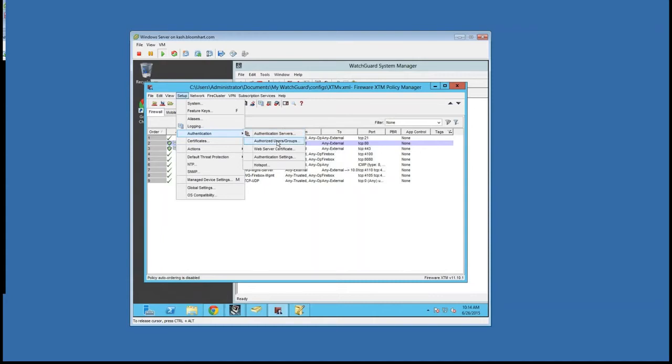We also have a number of other components that we can do from here. We have Authorized Users and Groups. That's where we set up the groups for that, and we'll cover that. Web Server Certificate. So this covers if you did want to be able to authenticate externally. Let's say you're at home and you wanted to be able to manage your WatchGuard firewall, rather than just have that ports available to the World Wide Web. What we can do is just open up the authentication portal 4100,